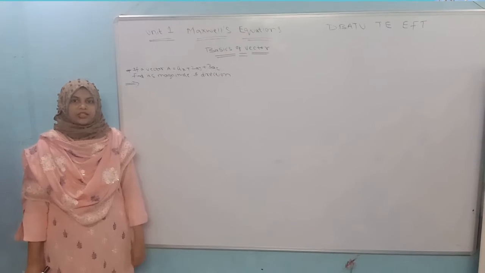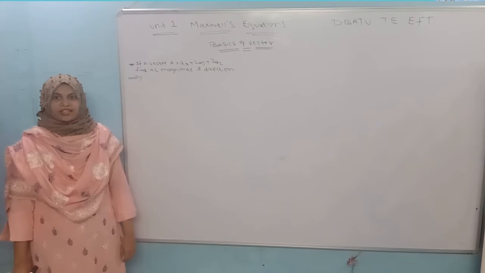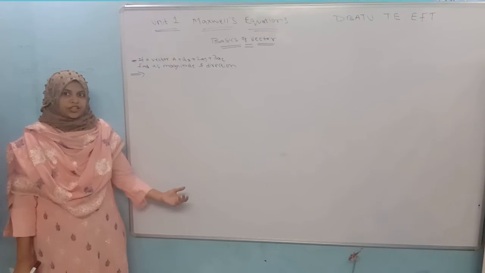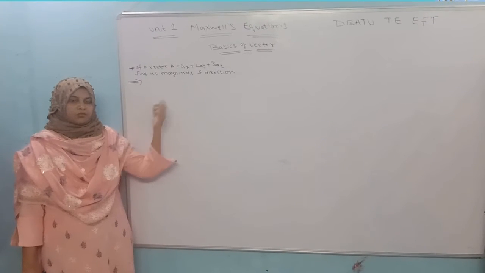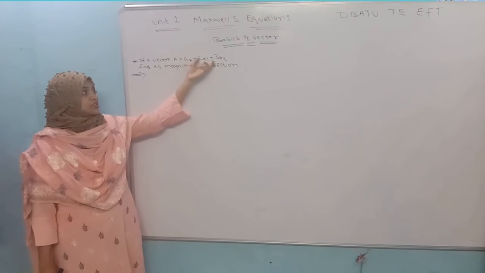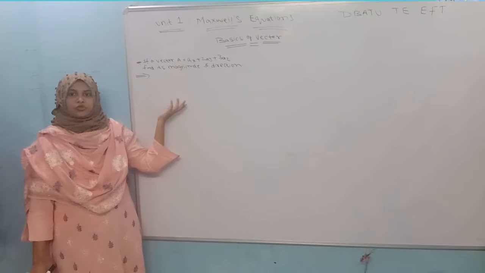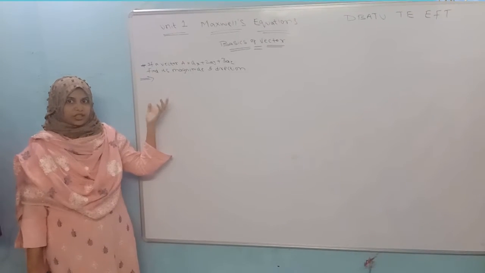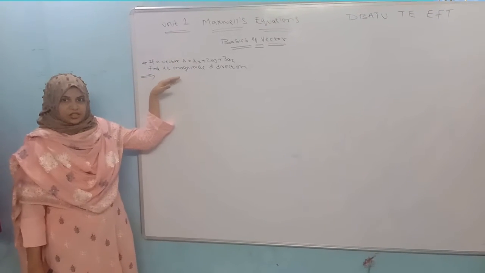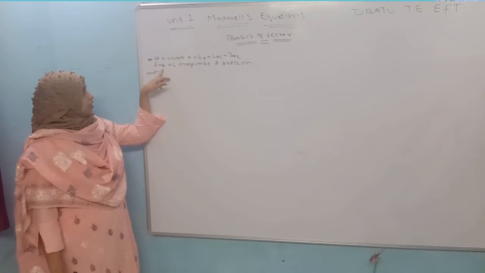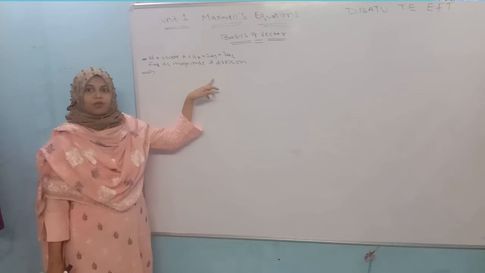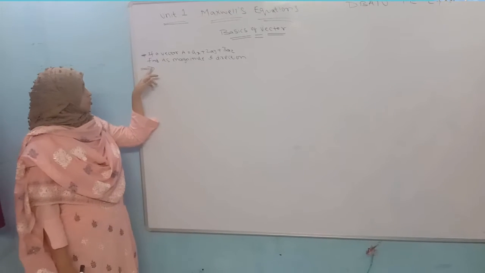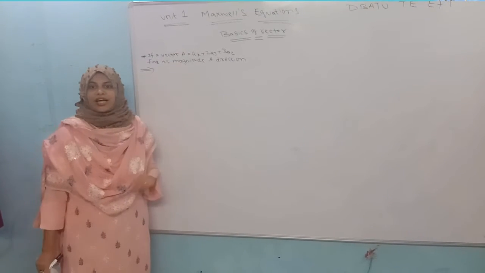Professor Sumerali going to conduct the lecture on electromagnetic field theory of a third year subject. Okay, already we have solved the one numerical on the basics of vector. Now today I am going to take a lecture on the second numerical. What is that second numerical? Just all of you read once. If a vector A is equals to ax plus 2ay plus 3az, first up, find its magnitude and direction.